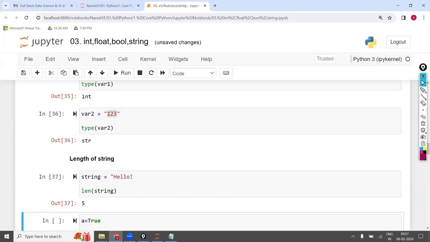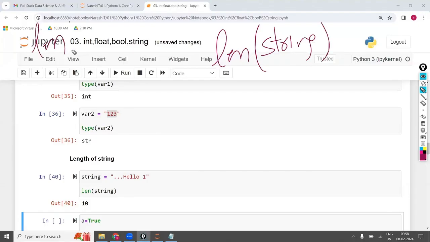For example, you have one space, hello space. How many characters are there inside the inverted commas? 6 characters, and you have the space, 1 more. Total 7 characters. These are the 5 text characters, 1 special character which is the space, and 1 number. Total 7 characters are there. For example, you have dot, dot, dot, 3 dots. Total 10 characters are there. So it just gives the total number of characters, and the length function can be applied on the string.